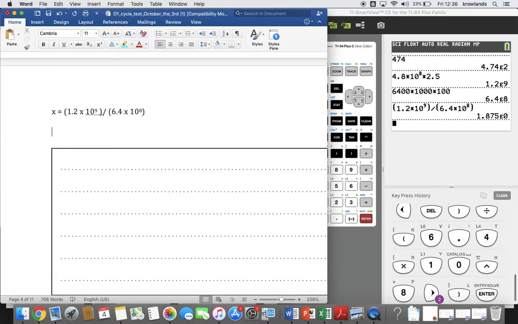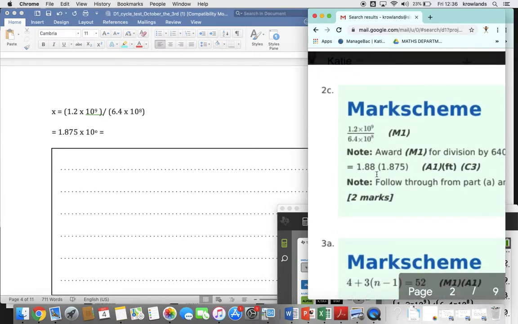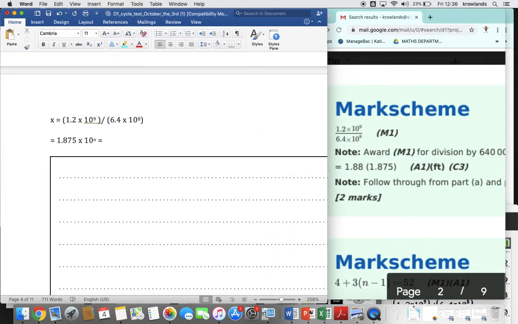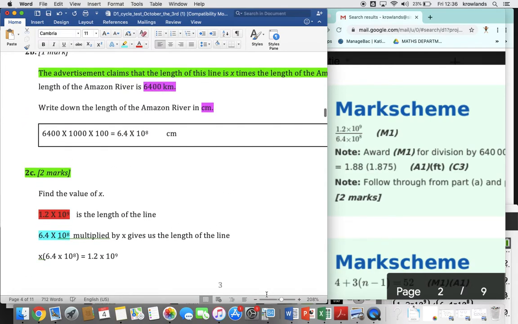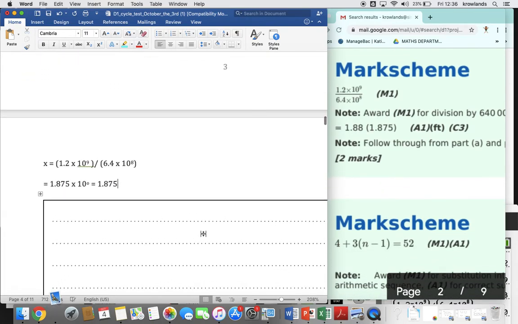And I get 1.875 e to the power of 0. 1.875 times 10 to the power of 0. And what you've got to be aware is if something's to the power of 0, it's just the same as timesing it by 1. Let's check with the solutions. 1.875, perfect. So we can just leave as 1.875. And it wants us to leave it in a format which we can understand. It wouldn't make sense to write it in this format because times 10 to the power of 0 does not mean anything. But if you didn't know this,